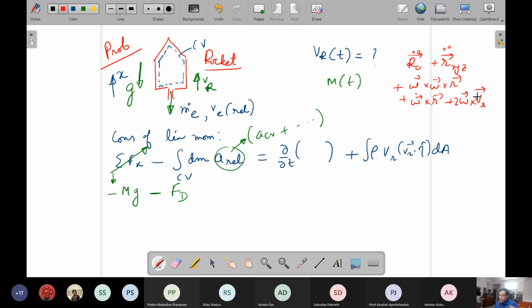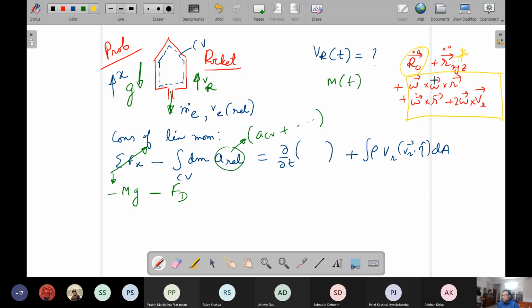So out of that, clearly you can see that there are three terms which are due to rotation, and the rocket is not rotating. So that rotation effect is not there. This is the acceleration of the control volume, and that is basically the rate of change of velocity of the rocket with respect to time. The key question is, what is this asterisk mark term, and should it be here or not here?